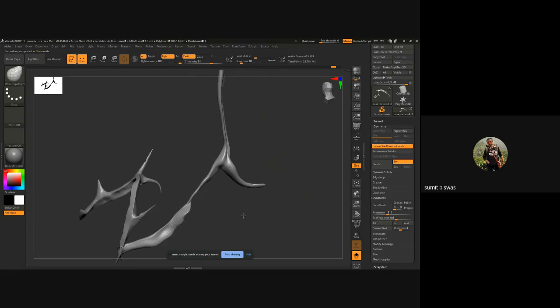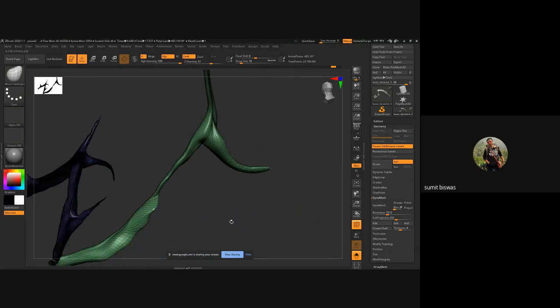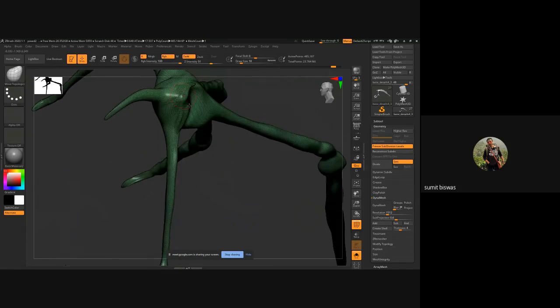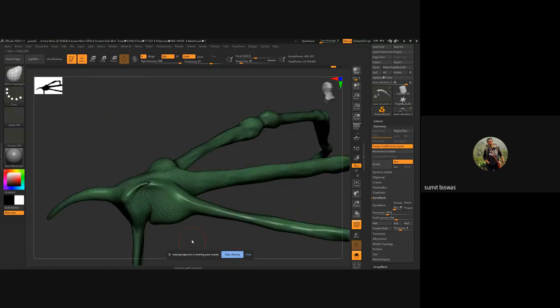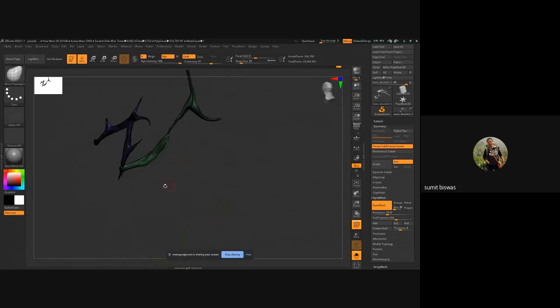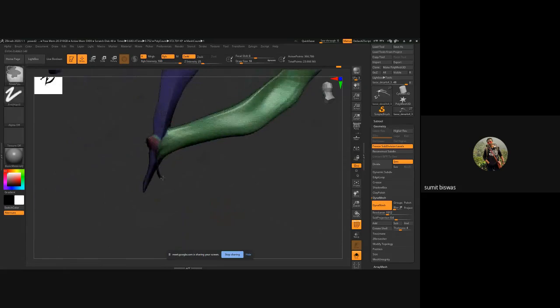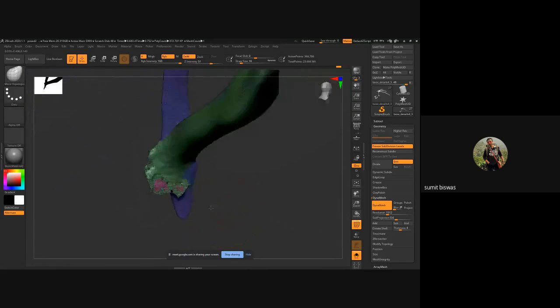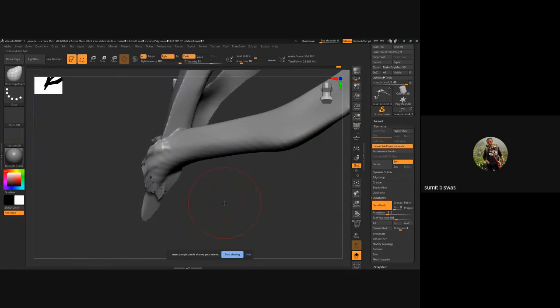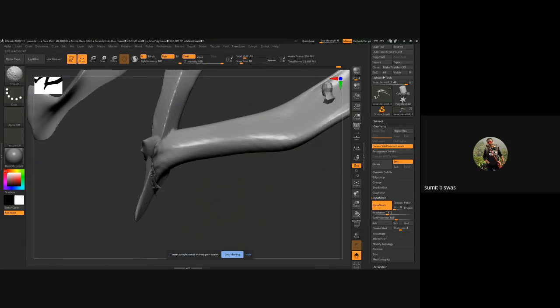Because if you see, this model is fine, this model you have uneven surface and some overlapping mesh as well. You can see overlapping mesh here and there. So what I'll do, I'll dynamesh this, so it will combine everything properly and fill all gaps, all holes and everything. And this is something I can fix very easily once I have dynameshed it. So what I can do is I can just smooth it, redynamesh,